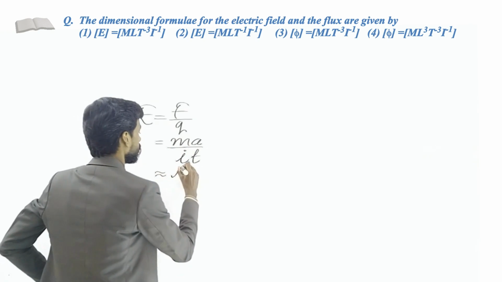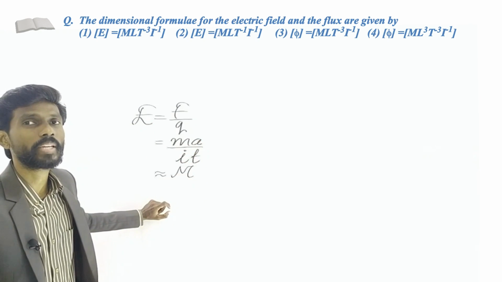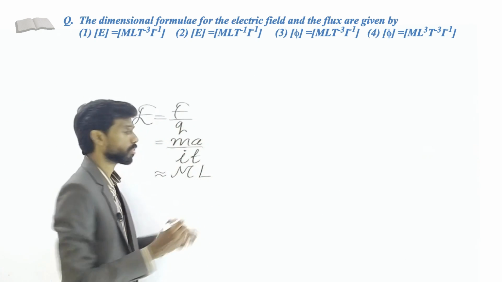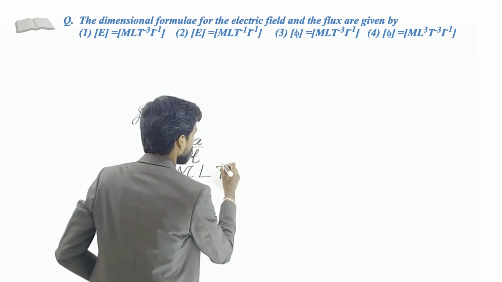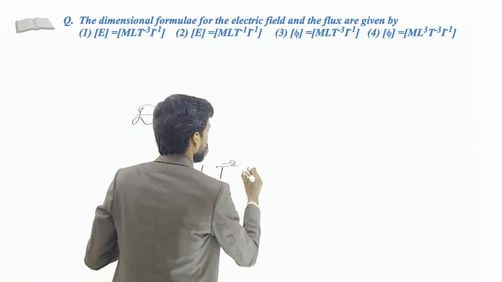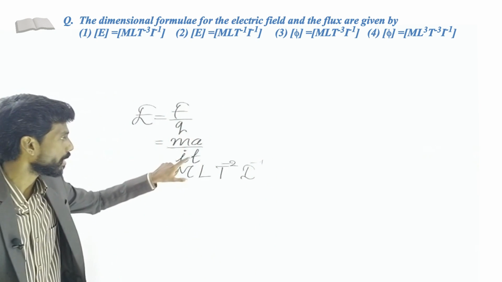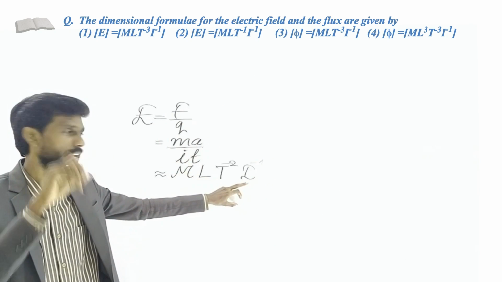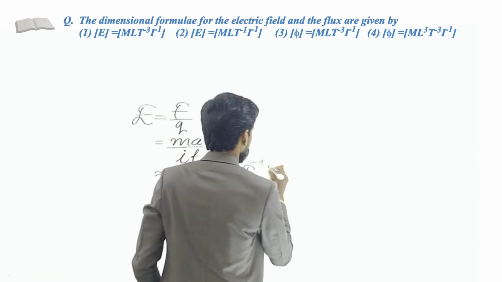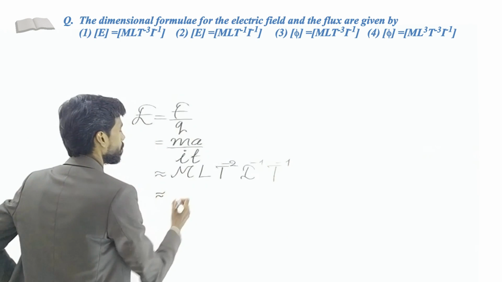So this has dimension M, and then the acceleration is meter per second square, so that means length and time to the power minus 2, and then this is I. Electric current has the dimension I only, so I to the power minus 1. Sometimes A is also used, A for ampere, as a dimension of electric current, and time has the dimension T only, so T to the power minus 1. So if you do the simplification, the dimension is M